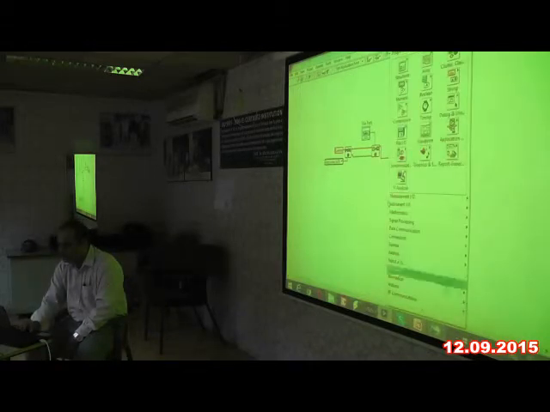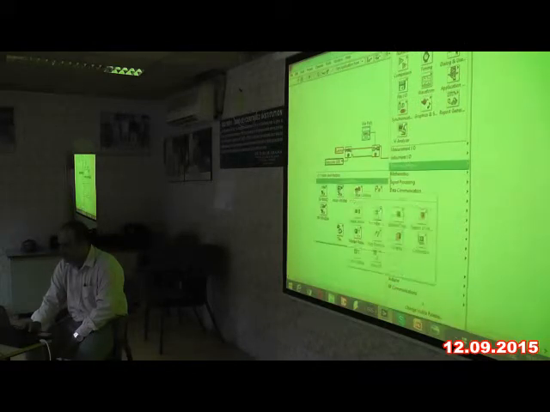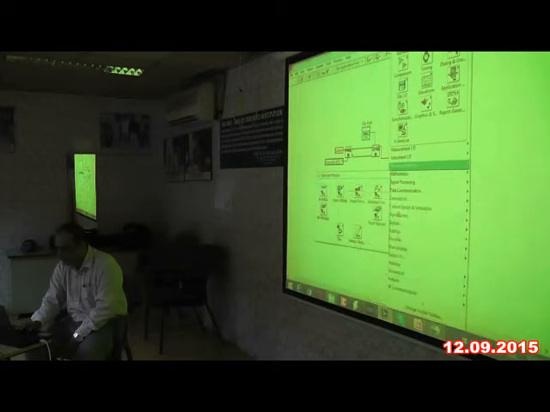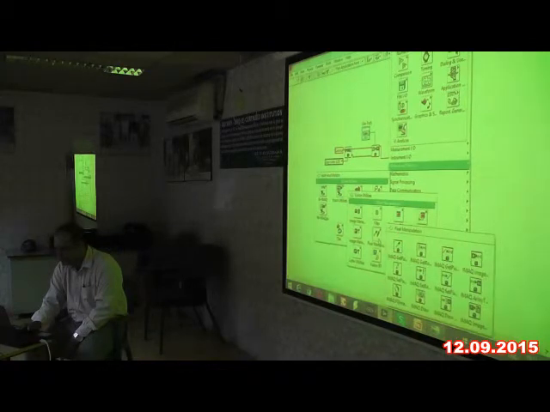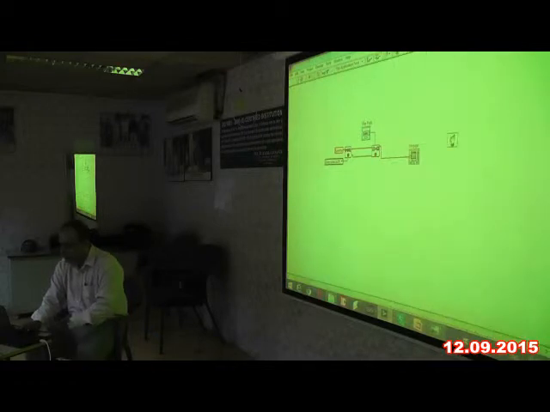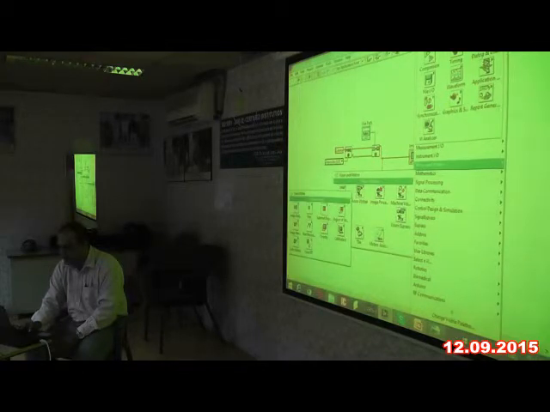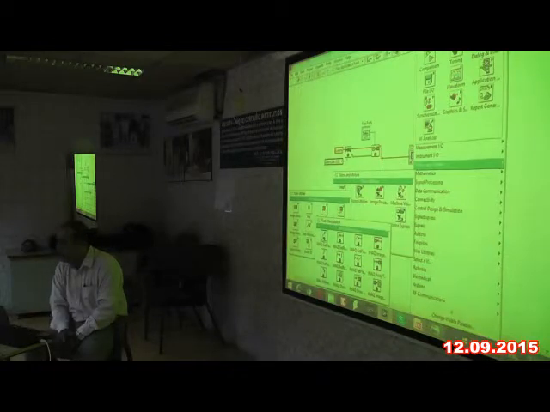For that, I go again to my block diagram window. In the block diagram window, I will go to vision and motion, then vision utilities, and in pixel manipulation I have this IMAQ Get Pixel Value.